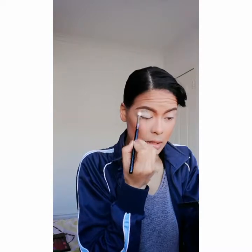I already went and primed my eyes using the Inglot eyeshadow keeper, and then I set it with a matte translucent powder. So I'm quickly going to go in with my Inglot Miss Butterfly Collection palette, and I'm going to use eyeshadow number 294. This is a really pretty pale pasty blue eyeshadow, and what we are going to do is just go in the crease